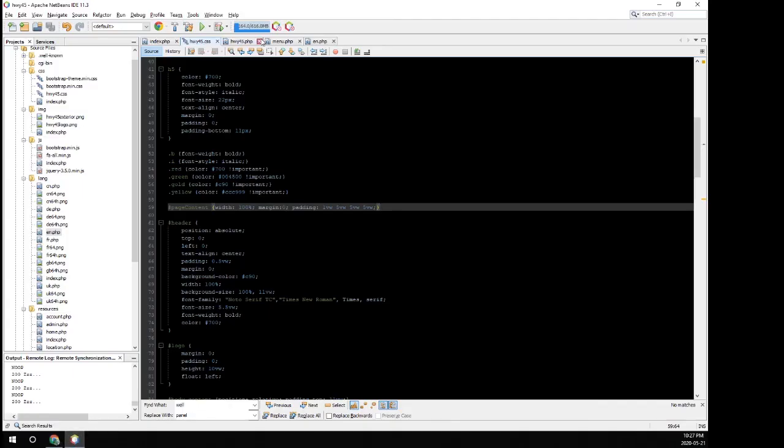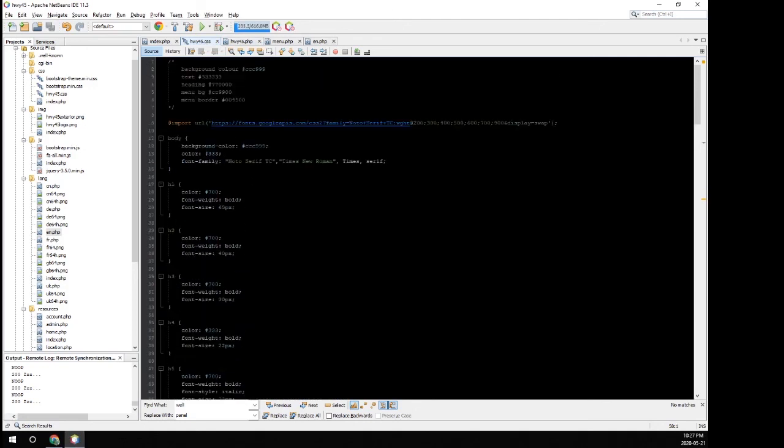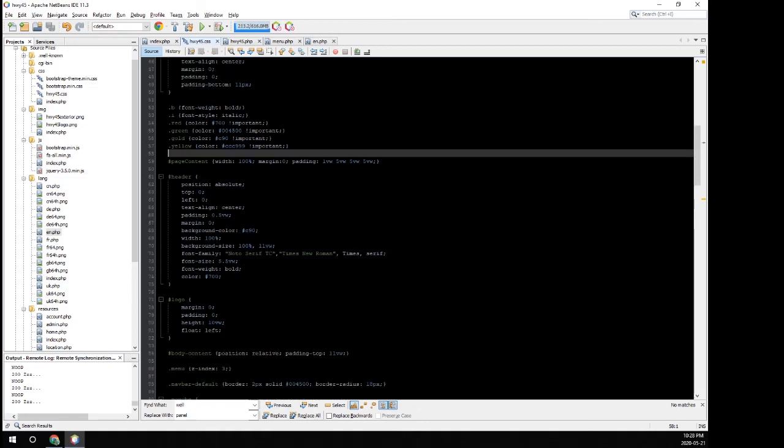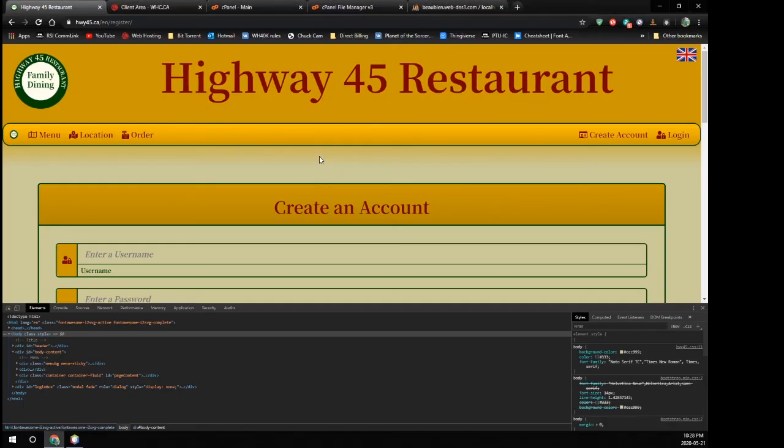So looking at that, going to our CSS, we have our import, our font, body, our H tags, our colors, bold and italic, and I put it there just above our header. And what I did was I gave it a width of 100%, so it takes up 100% of that, removed the margin entirely, so zeroed out the margin, and then gave it a padding of 1vw 5vw 5vw 5vw. So this is the top, right, bottom, left, and the top I wanted